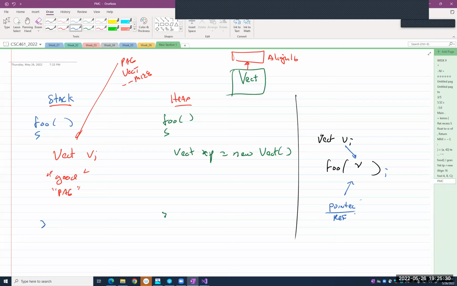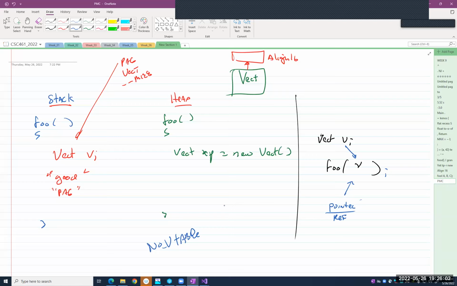Right, no virtual tables, so no v table on vector. To be clear, that original declaration, over on the left where you said stack, Vec v, is totally aligned if you use that underscore inside it. And this is aligned because we're doing a derivation, we're derived from the Align16. But the copy, and it is a copy,